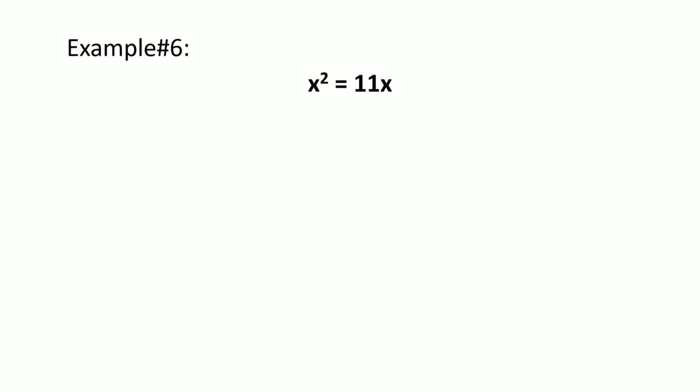Okay, another example. So again, we should first write this quadratic equation, x squared minus 11x, in standard form. So you're going to transpose 11x to the left side so that the right side will be equal to 0. And then identify the values of a, b, and c. a is equal to 1, b equals negative 11, and c equals